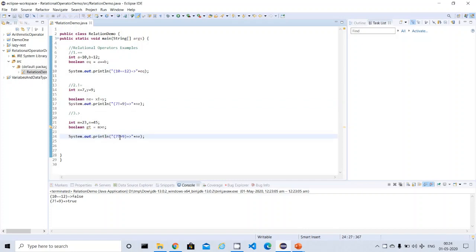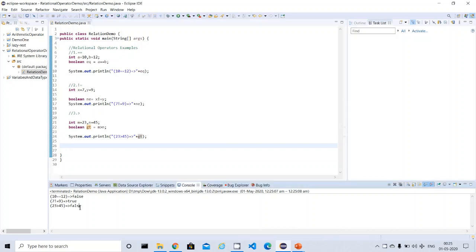You can type here just for our understanding purpose. So this is 23 greater than 45, and you can display the result GT. So what we are trying to compare here is whether 23 is greater than 45. So the left side value is bigger than the right side value. That's what we are expecting. So let me run this program and see the results. It's saying false. 23 is the smaller number, so we are getting the result false. So this is the way we can use greater than and see the results.